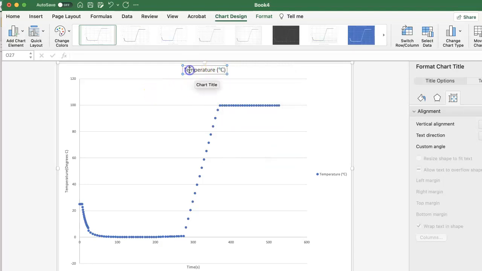Anyway, here you will not say temperature Celsius, you're going to say the heating graph of water and ice. Okay,